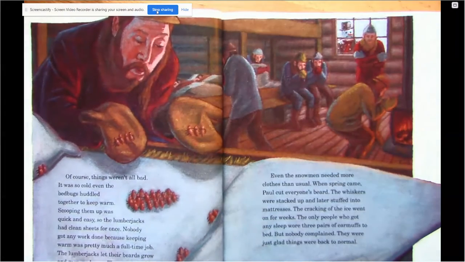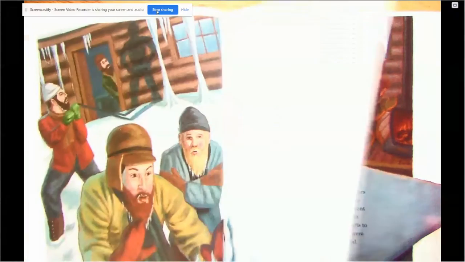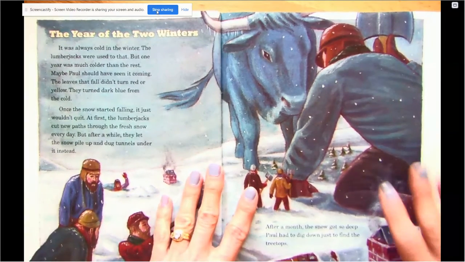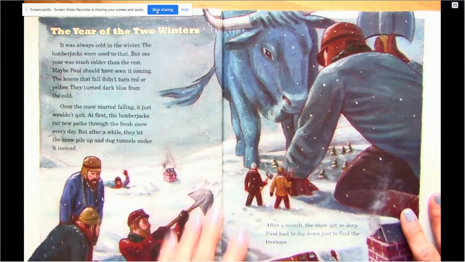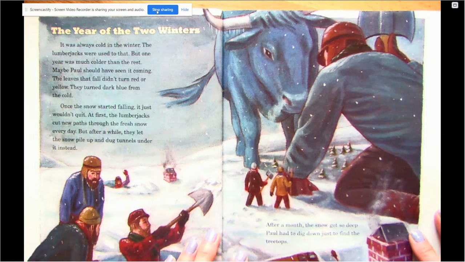It's about 6 pages. Okay, so thinking about the central message, the big idea, and only of this section that we're reading today, not combining everything together, but just about the year of the two winters. All right, we want to make sure that we're paying attention to those details. And what do they tell us? How do they help us understand things like the bigger picture, maybe even in the world? What's the storyteller or the narrator wanting you to learn overall? All right, so this is called the tale, or the year of the two winters.